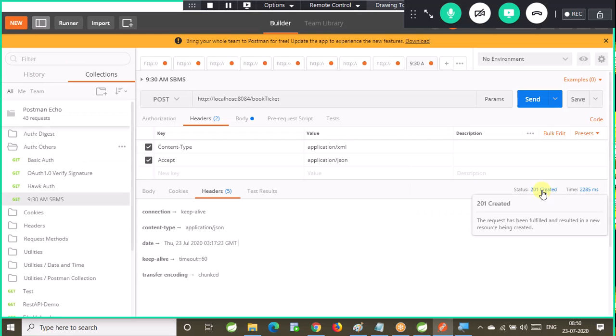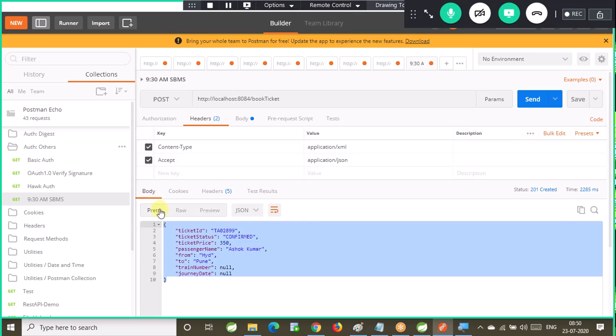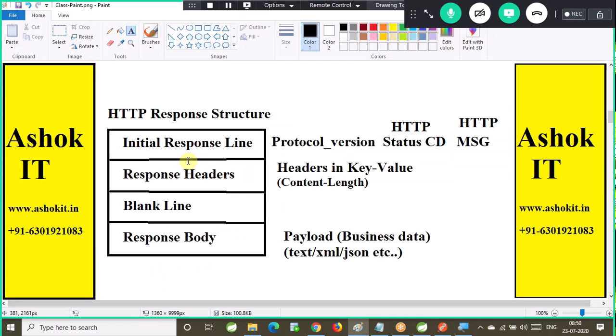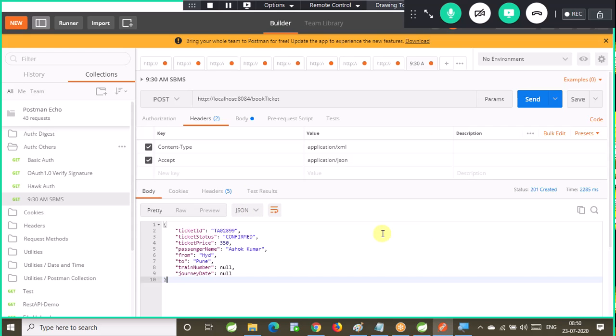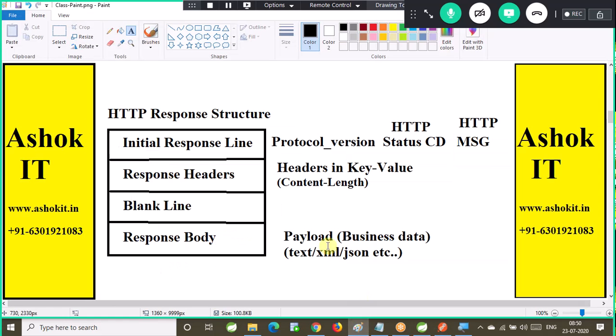Then in the response we will have the headers and we will have a body also. The HTTP response structure contains these details. So the HTTP protocol we are using, then the status code and status message will be available, then headers will be available, then body will be available. This is the HTTP response structure. When you are going to develop a REST client, you need to read the status code, you need to read the response body also. So tomorrow when you want to develop a REST client, you need to know what is the status code given by the server and what is the payload given by the server.